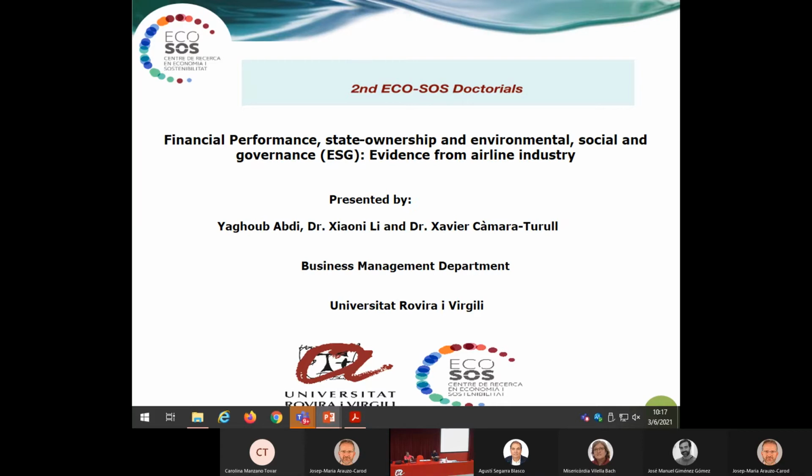And there are some organizations, some databases, that use different formulas to measure and somehow weight these activities. Then they report scores from 0 to 100 for each of these ESG dimensions for each airline. For example, the Thomson Reuters database, Bloomberg, KLD. And there is another database that I don't have in mind, but later, if you want, I can share it.